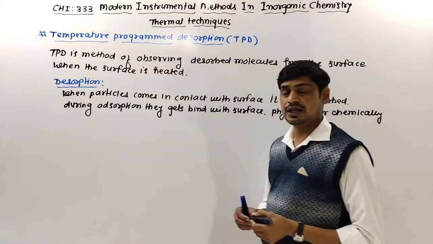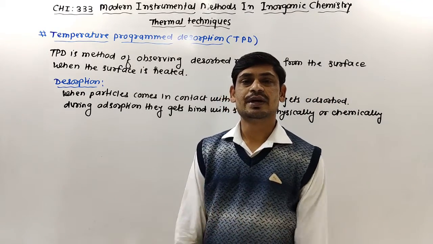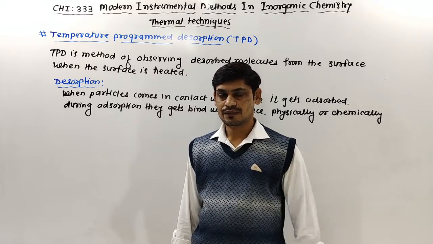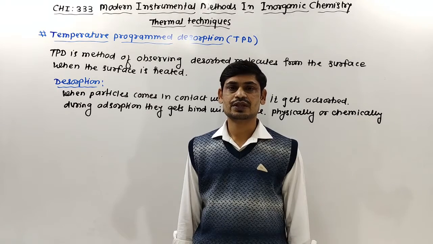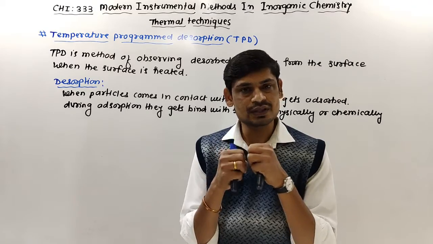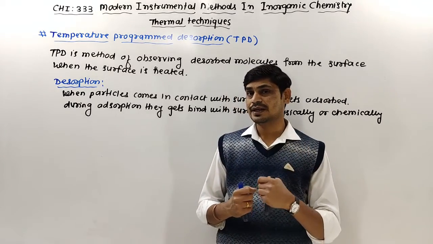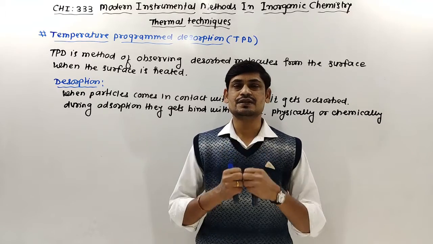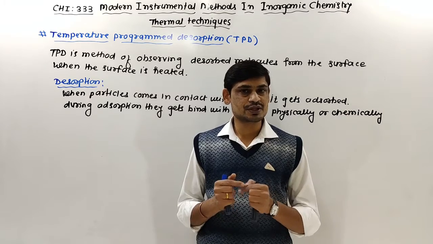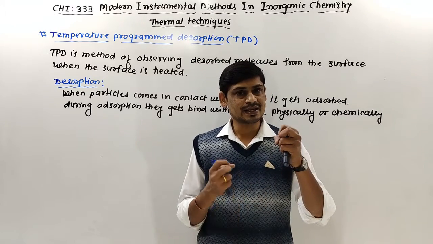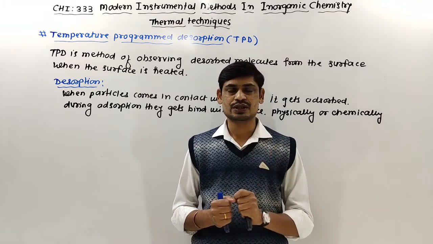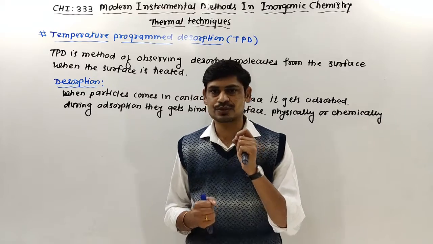If the binding of a particle with the surface is by a physical force of adsorption, we call it physisorption. Physical adsorption is known as physisorption, and in this case, the interacting forces are physical forces. Sometimes the particle gets adsorbed on the surface and is bound by chemical bonding. Such formation of a chemical bond between the particle and the surface, that is the adsorbate and adsorbent, is known as chemisorption, or chemical adsorption.